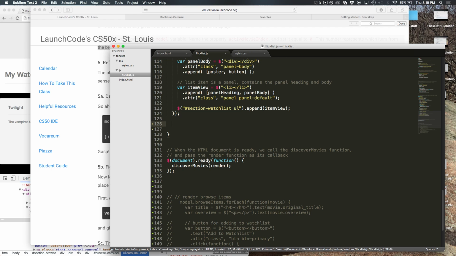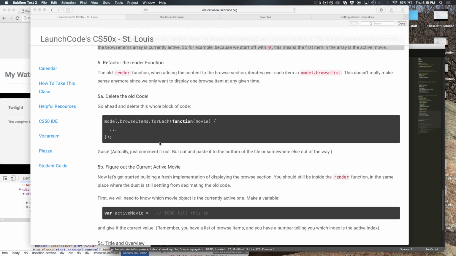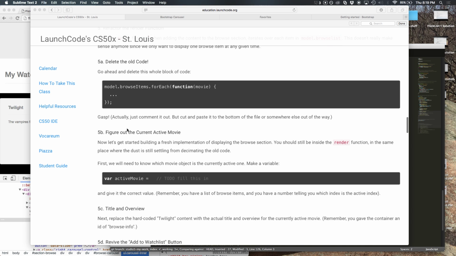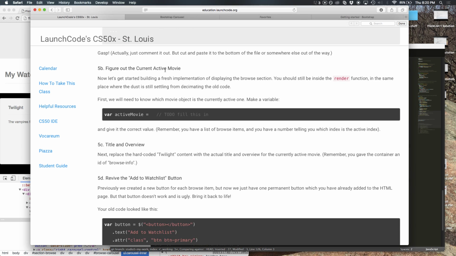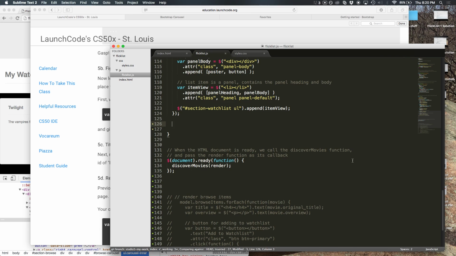So instead of iterating over all the browse list items, we pretty much only need to do stuff for the one active browse list item. So the first step would be to figure out what that movie is, like which movie is the currently active movie. So that's this step here, figure out the current active movie. We got the starter code, active movie equals, fill in the blank. I'm going to do that. Var active movie equals,